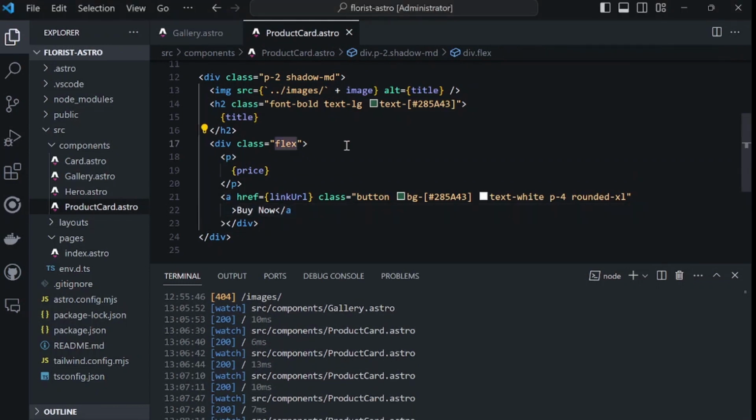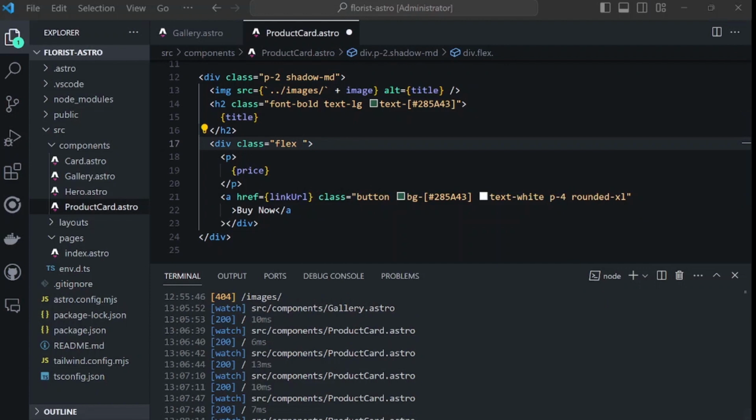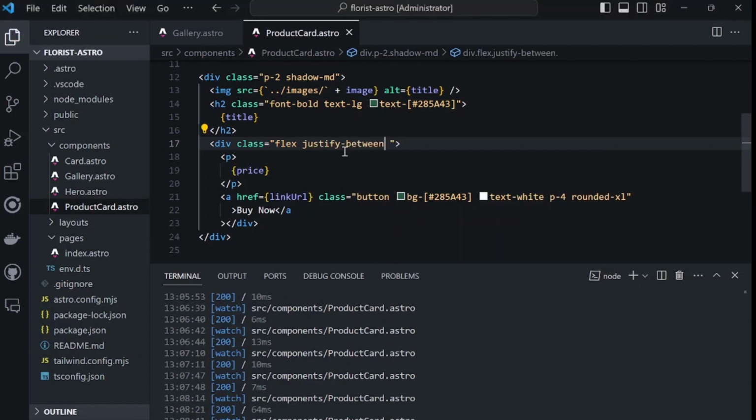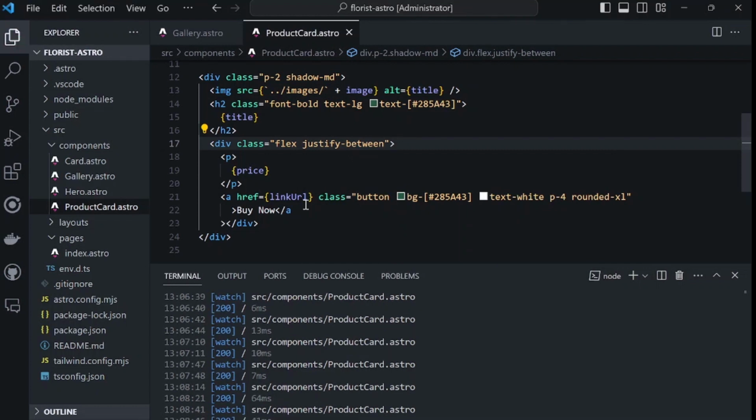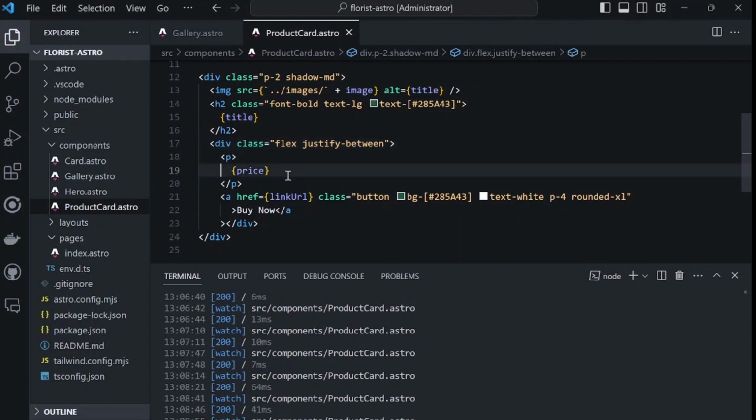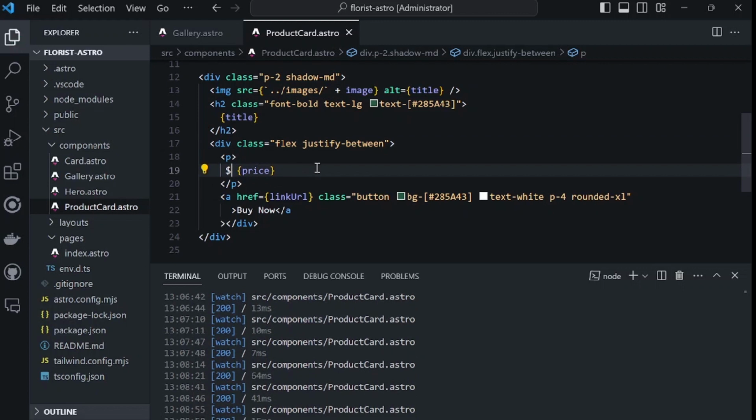And we also want to say flex. Yeah, I think it's flex justify-between. And right next to the price, I'm going to put a $ sign, but you could put any currency you've got there. And okay, let's go and take a look and see what this looks like now